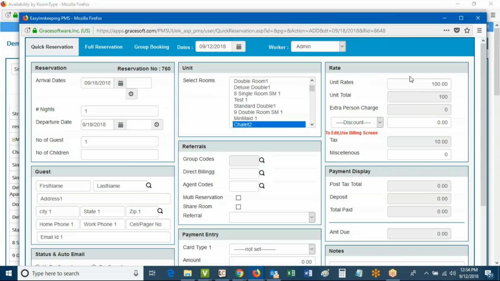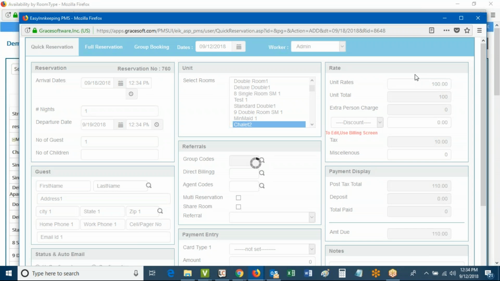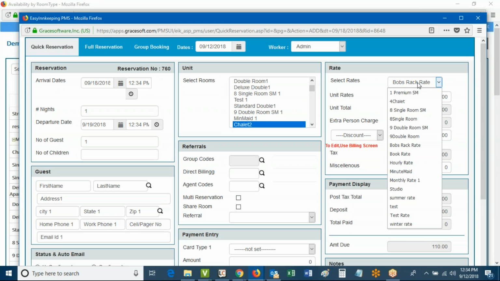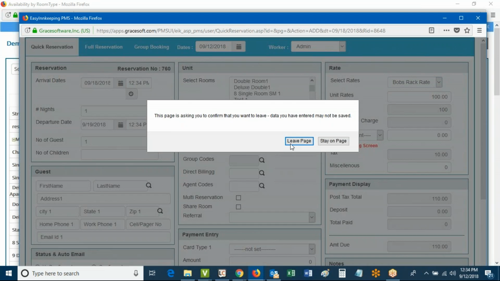And it will show all of the rates in the regular rate list. If you want to limit this to simply the ones that apply to this unit, in this case Chalet 2,